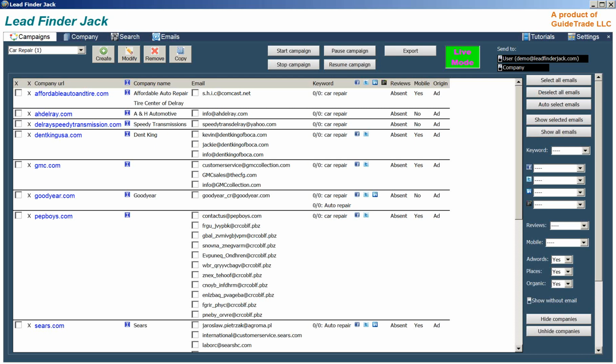On top of that, what Lead Finder Jack does is it discovers where they are failing. Or maybe they are not failing, but it's something where you can add value. Those businesses, they get it. When you can add value where they are not perfect, they are willing to invest because they know an internet marketing client works, otherwise they wouldn't spend. So what Lead Finder Jack does,